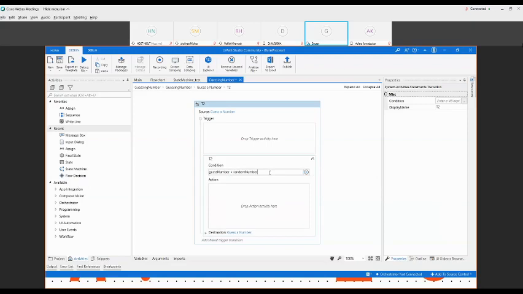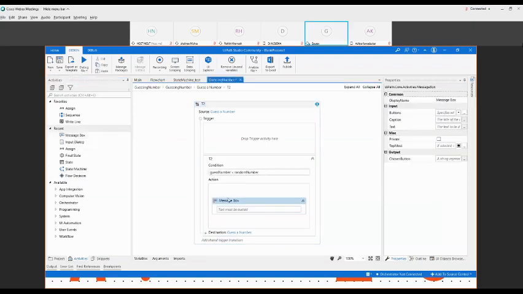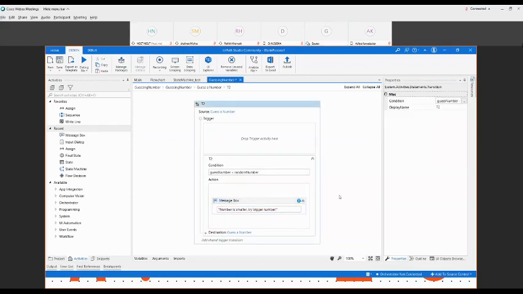Okay, now we'll check if the input number, no, guess number, sorry, guess number is less than random number, then we can show a message box. We can just tell them: the number is smaller, try a bigger number. Okay.